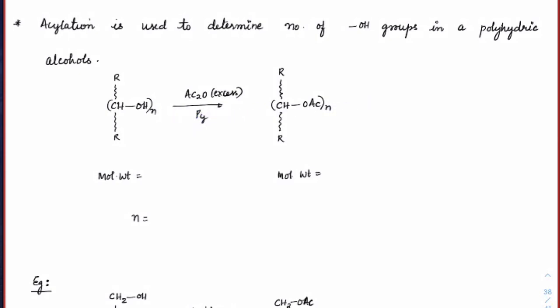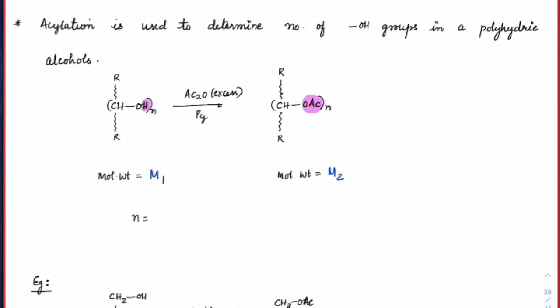So we can see the reaction will go only in the forward direction. And we learned that this H is going to get replaced by this Ac, correct? This H will completely get replaced by this OAc. So this OAc is replacing this hydrogen. Okay. So we can calculate the molecular mass before the reaction and after the reaction and can evaluate what will be the number. Okay. So in short, this has molar mass M1 and this has molar mass M2.